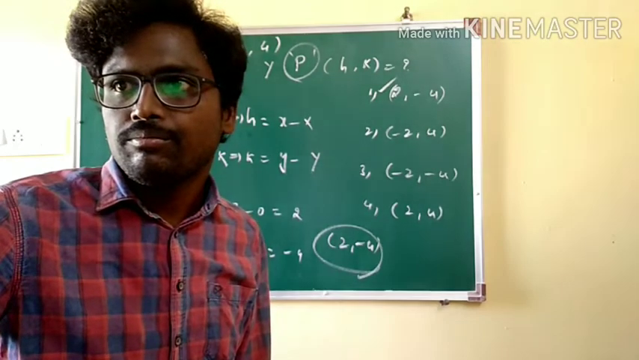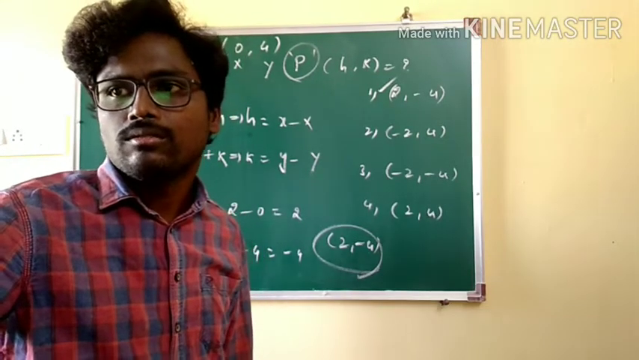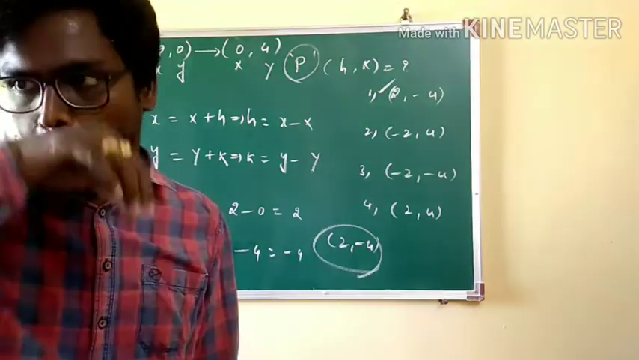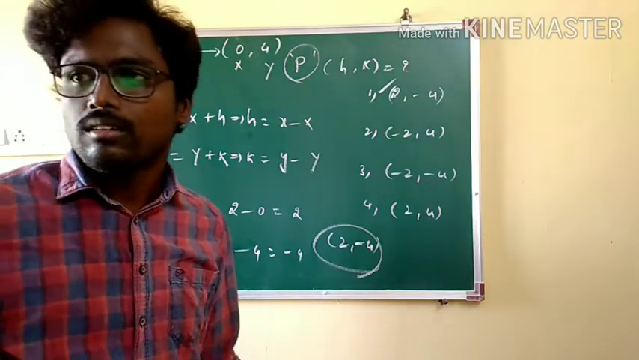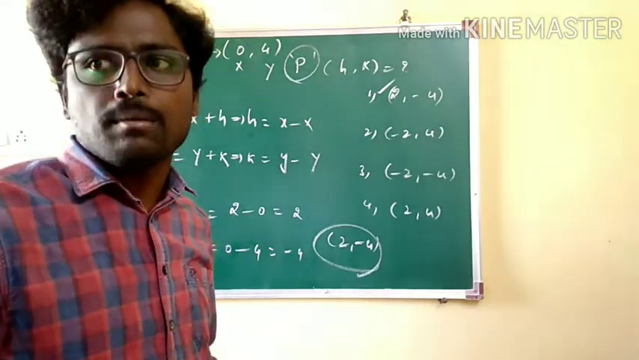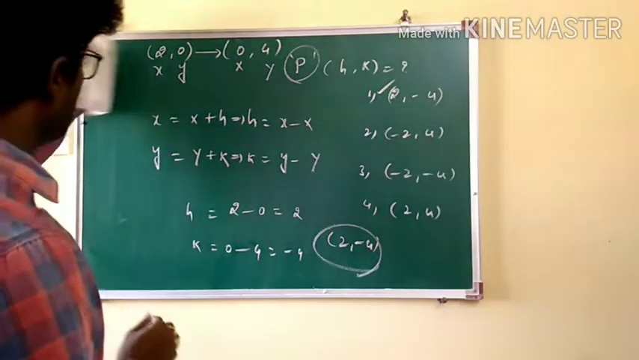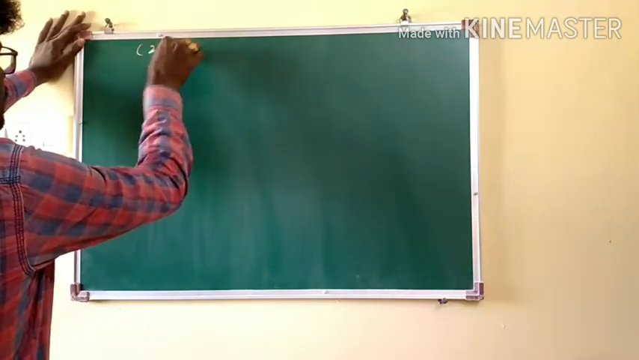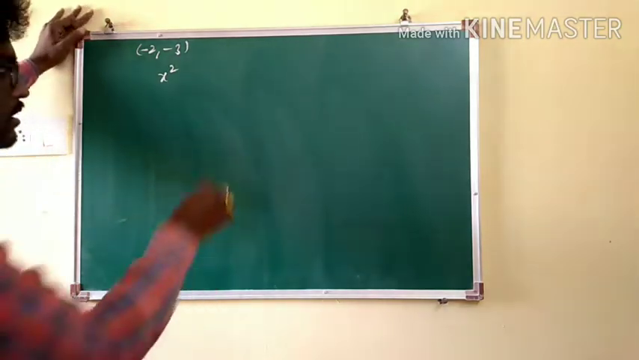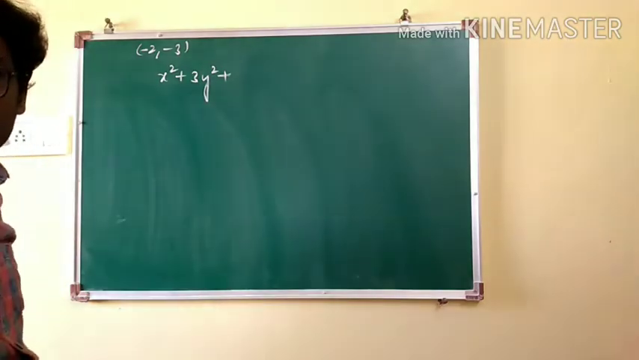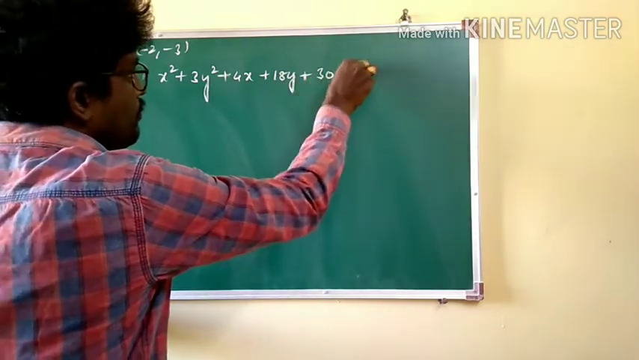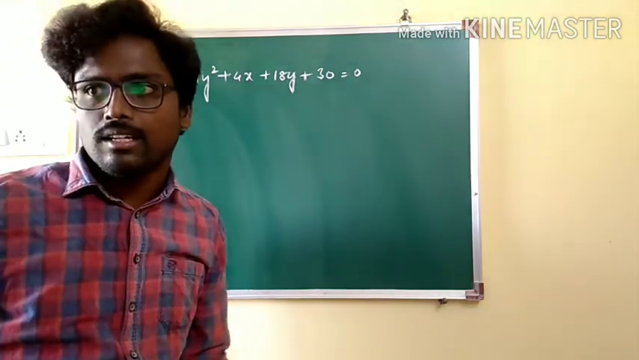Let's go with the next problem. If the axes are transformed, or translated, anything, to the point (-2, -3), then the equation x square plus 3y square plus 4x plus 18y plus 30 is equal to 0 transforms to...